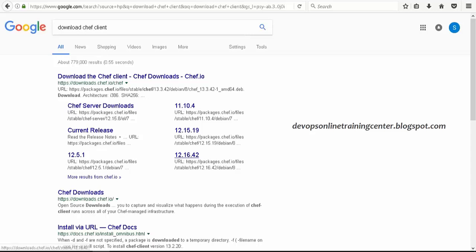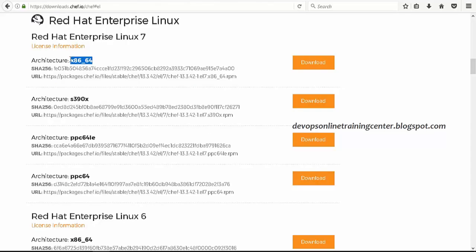The different hardware architectures are x86-64, S390X, PPC64LE, PPC64. So which is our hardware type? Based on that, we need to select the package, right?